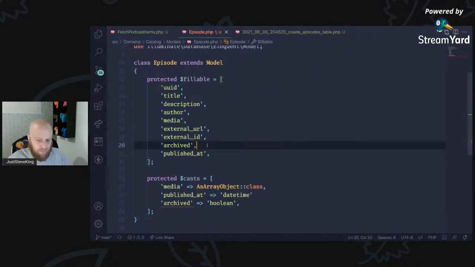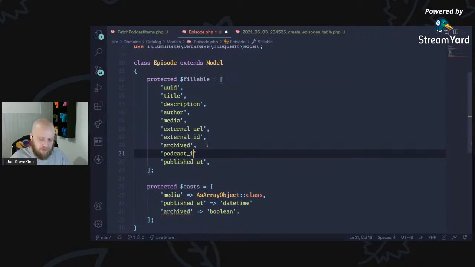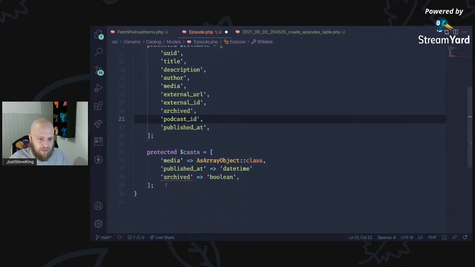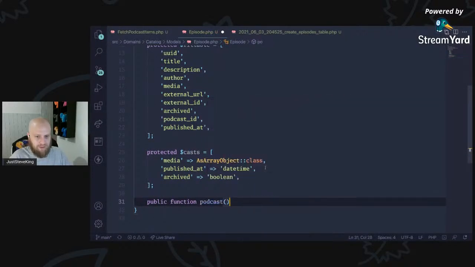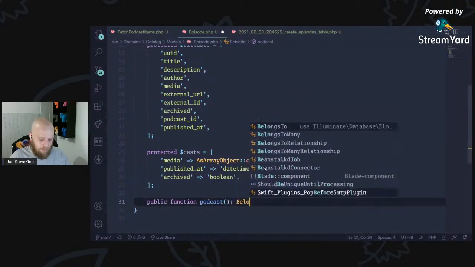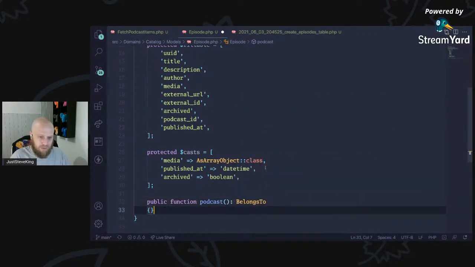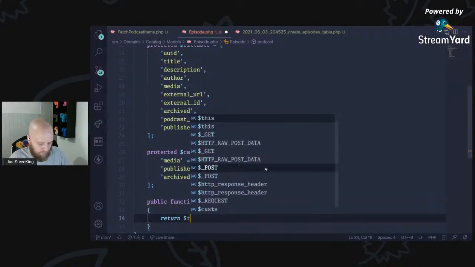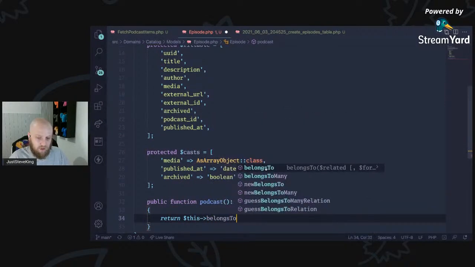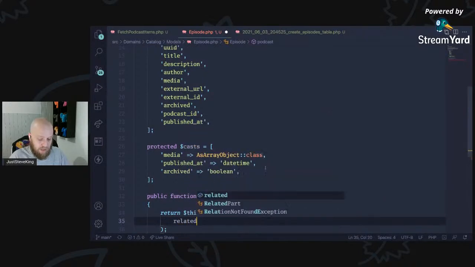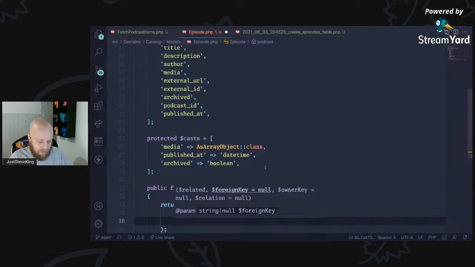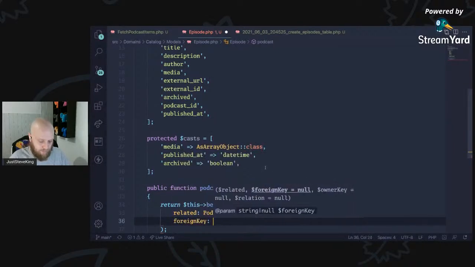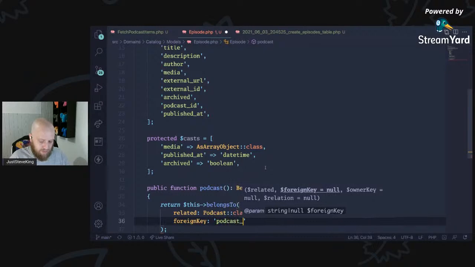So podcast ID, which means I can now write public function podcast, and this is a belongs to, and we'll say return this belongs to, and the related model is a podcast, and the foreign key is the podcast ID,